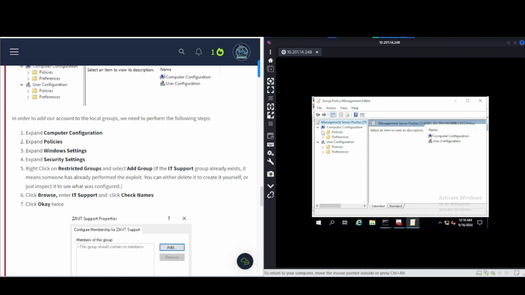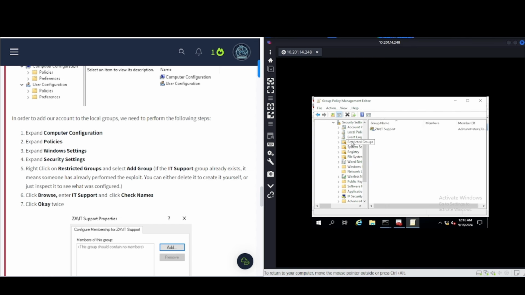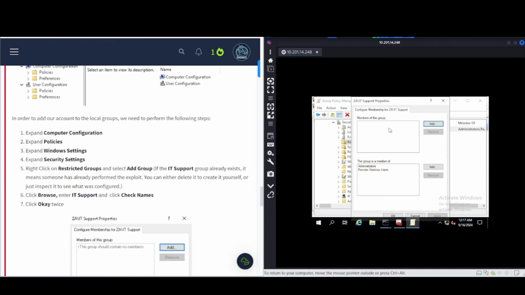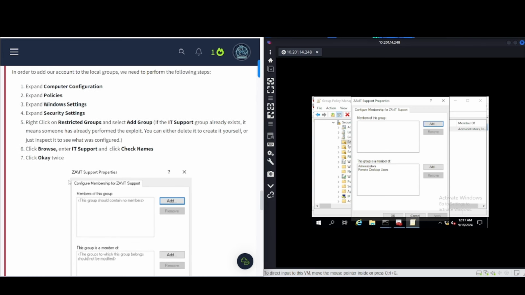Expand computer configuration, policies, Windows settings, security settings, restricted groups. Okay, restricted groups, and then select add group. Add group says if the IT support group already exists, it means someone has already performed the exploit. You can either delete it and create it yourself, or just inspect it, see what was configured. So it's already there, so we don't need to create it again. All right, administrators, remote desktop users. Okay, click browse, IT support, check names. Okay,